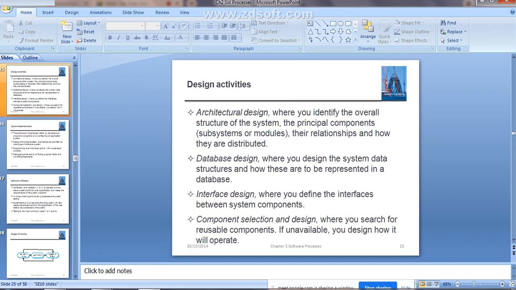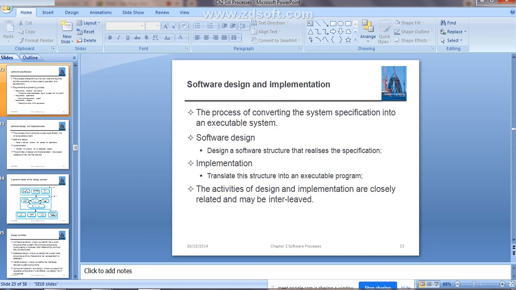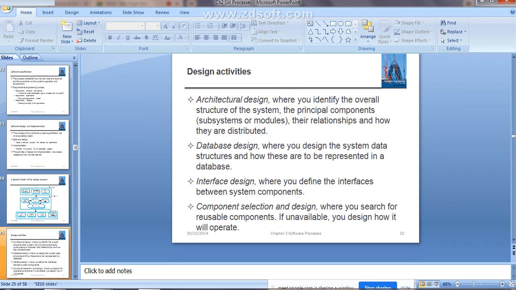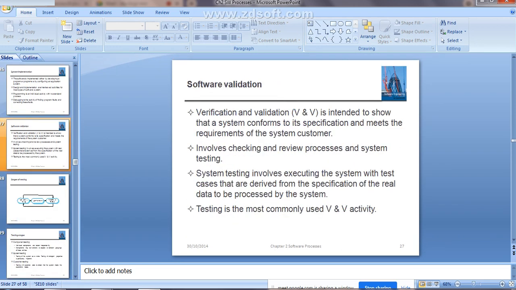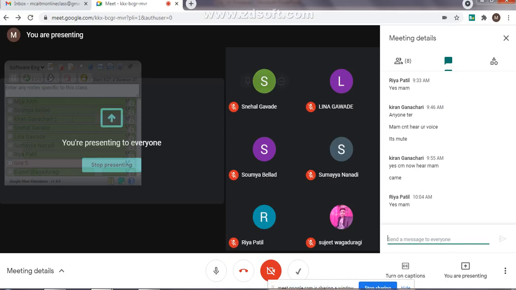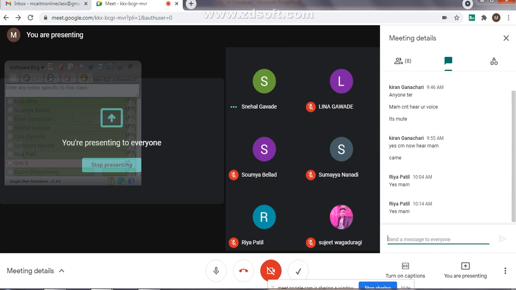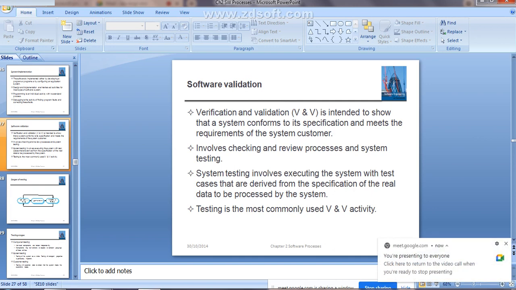Are these clear: system design and implementation, guys? What are the 4 main activities in the design process we have seen, and what do we mean by the system implementation that we have seen? Any doubts with this? Shall we move on to the next phase, guys? Next activity. No response at all. Yes, ma'am. Yes. Okay. At least 1-2 members are responding.